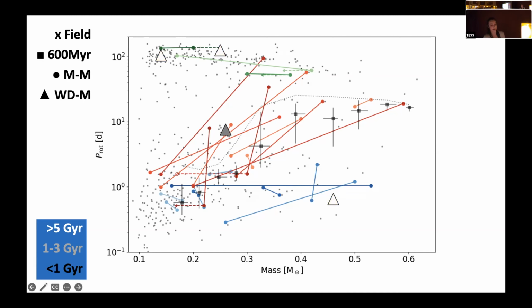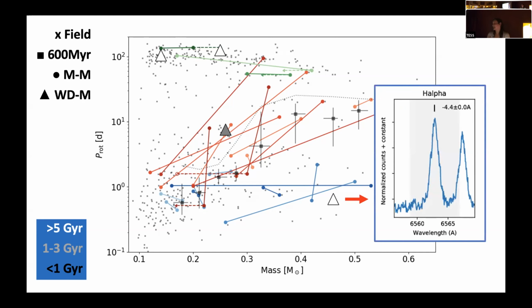And maybe this one down here is surprising. It's rapidly rotating, it's very old, and it's high mass. And we thought that maybe this is actually a close binary, where its rapid rotation is persisting because of interactions with a currently unknown companion. And so we followed this up with high resolution spectra with TRACE, and we found that indeed it has a previously unknown close companion that's spin orbit coupled. So mystery solved on that one.